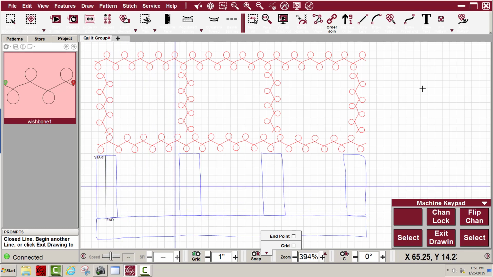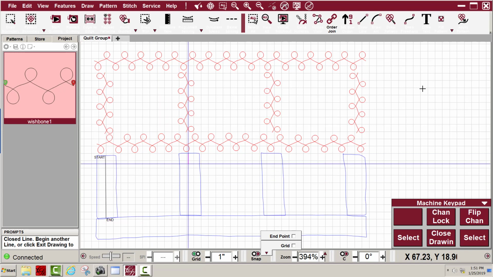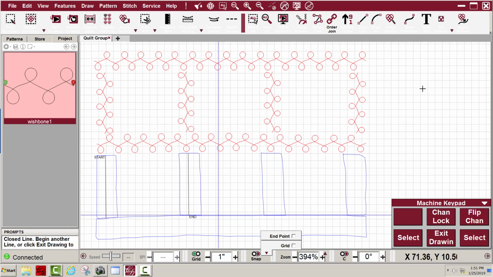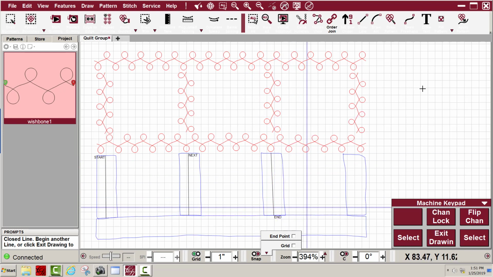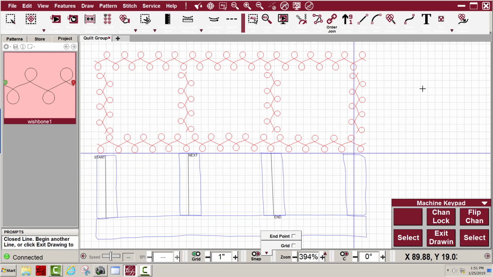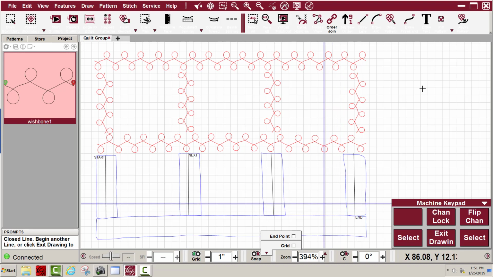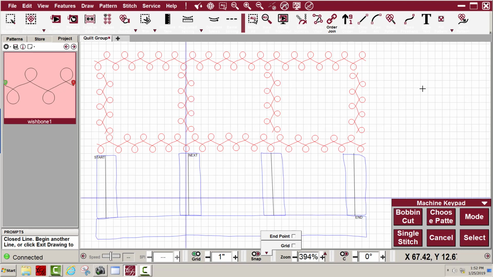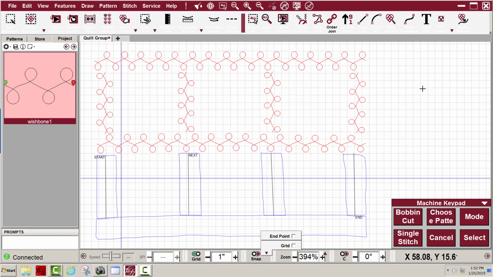Then I'm going to go over to the next one, put a line in. See, all four of these, I'll put these lines in. And that way I'm going to use apply. I'll exit my drawing now by pressing the lower center, exit drawing, and I'll just go over to my screen,